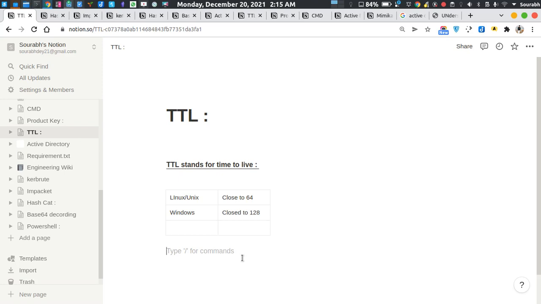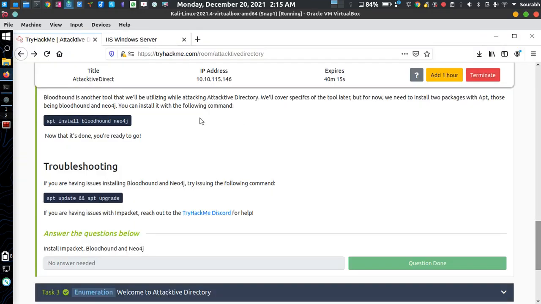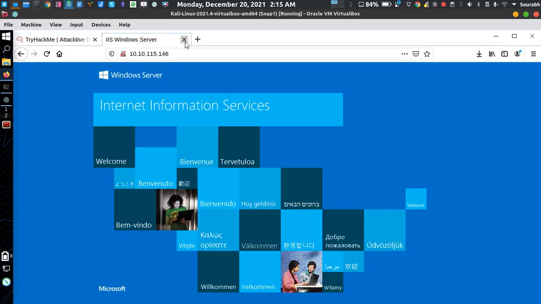On the other hand, a TTL close to 128 generally means Windows. Let's say what we get is 124. It means that it is a Windows box.